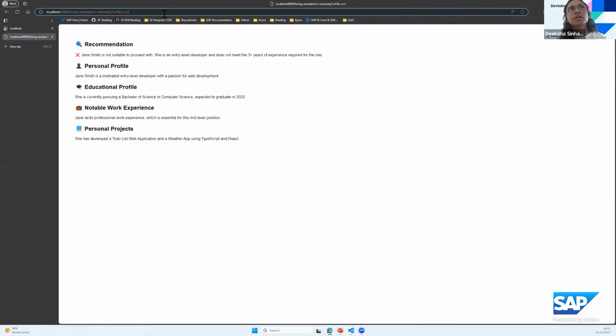Okay, it already responded. So here we see that it automatically, as we instructed it to format the data, does that, gives a recommendation that this candidate is not suitable to proceed with because she's an entry-level developer. And so what we're hiring for is a mid-level developer. So of course, this candidate is not suitable. It also gives some additional summary of the candidate. So yeah, you can see that she has no professional experience,